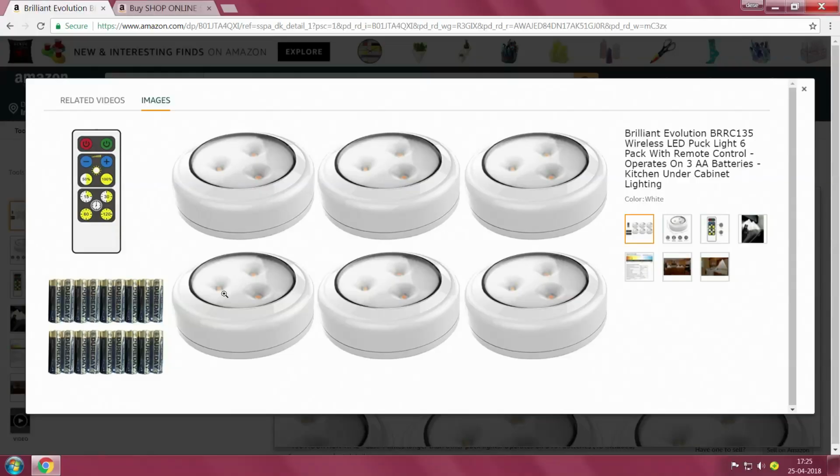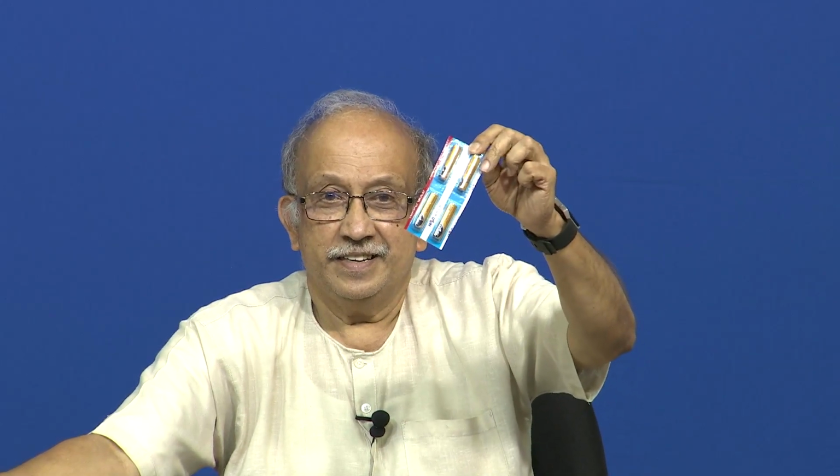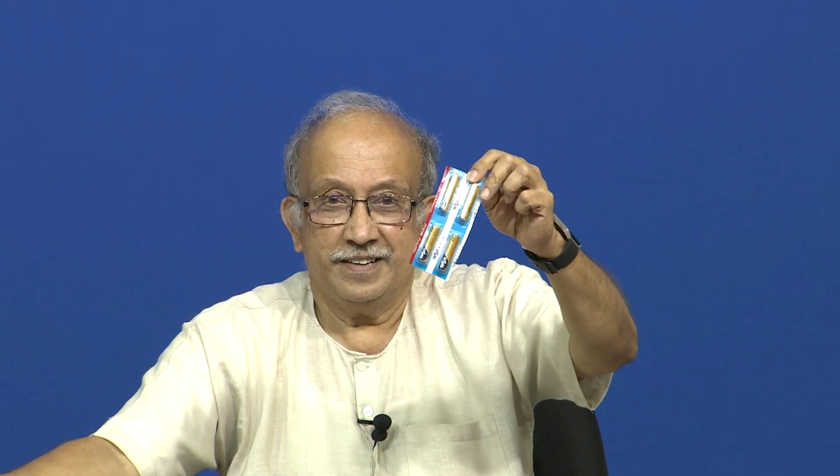Well, allow me to apologize. I am not claiming that I made it the first time. You need to work on these things continuously. Over the years, if you have the data for all these cells, in this case I have a normal carbon zinc AAA cell, and here an alkaline cell.